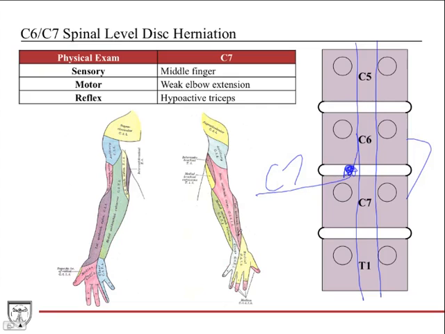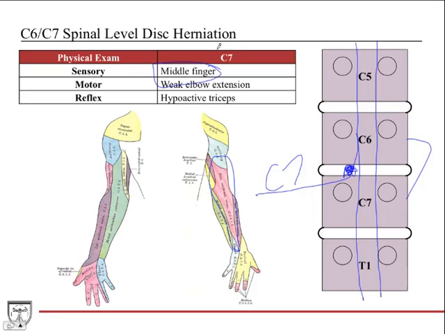The C7 dermatome is this dermatome right here. It's the middle posterior or dorsal aspect of the upper extremity. But where you would test it clinically is in the middle finger, on the pad of the finger. If that's decreased sensation, and you'll see this in test questions, they'll say you test pinprick sensation on the thumb, that's C6, middle finger, that's C7, C8 would be the little